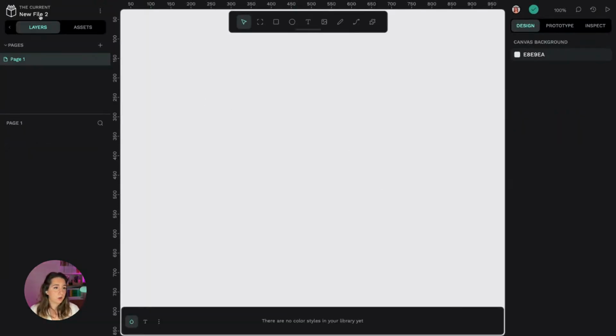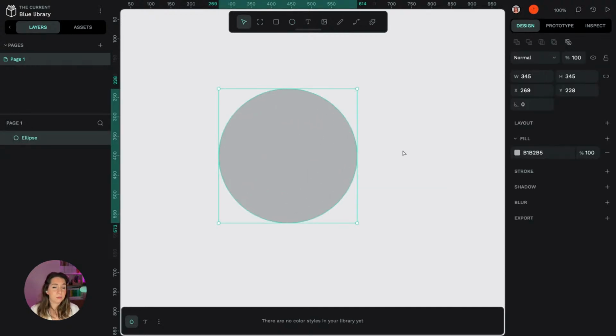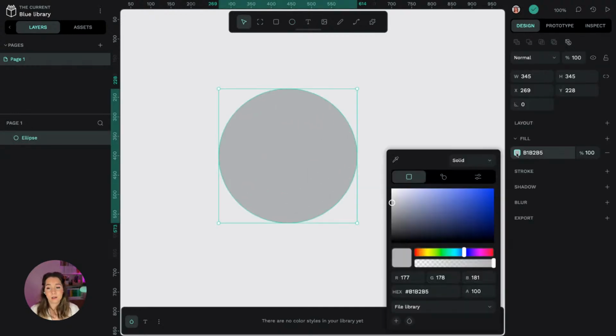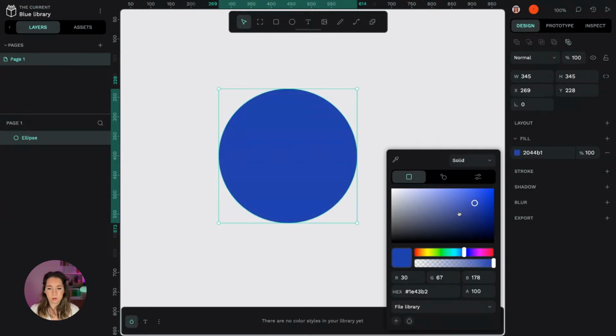So I'm going to create a quick new file, and I'm going to call it my blue library. And I'm going to add a color. I'm just making the shape to help me add the color. I don't actually need to have anything on the canvas to create a library. I can just have colors and typographies in the assets tab, and that is fine for a library. Of course, as we just talked about, if you want to have components, you'll need to create the main components on the canvas. So I'm just going to make a nice blue color,